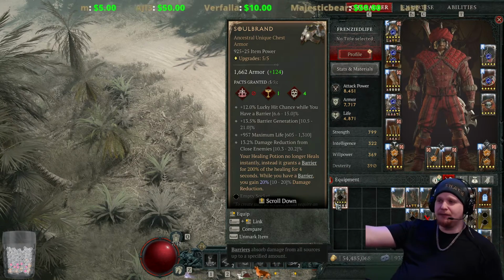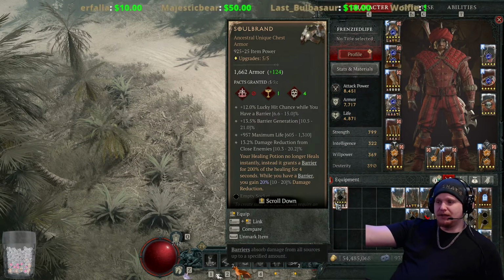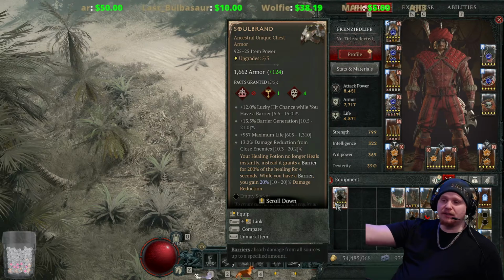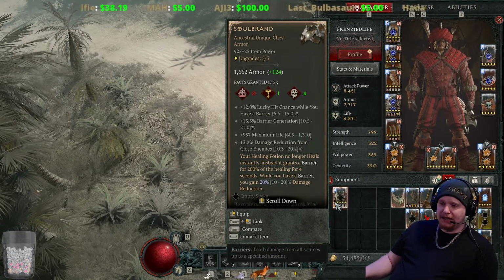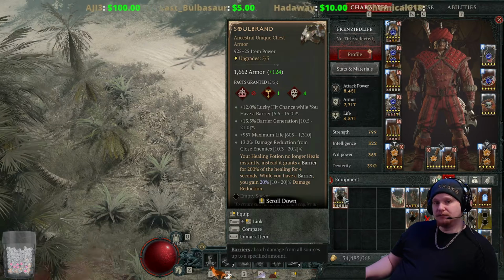So let me clarify. My Barbarian I don't think is the best choice for this kind of effect. But it still is a rather interesting option for a lot of other characters. Now, I was also thinking potentially of another way, which is combining the Soulbrand with